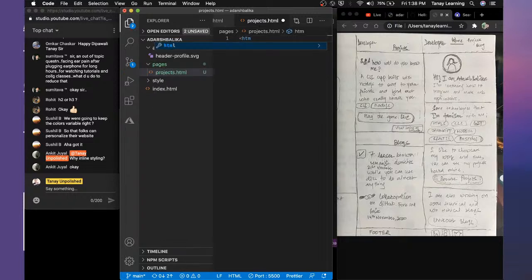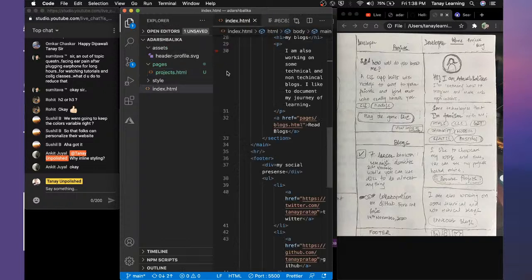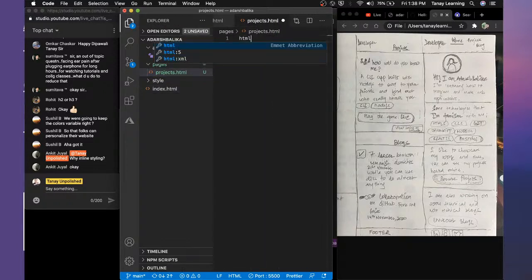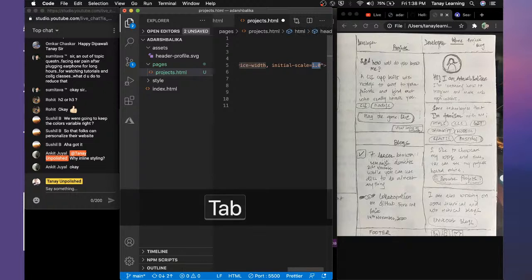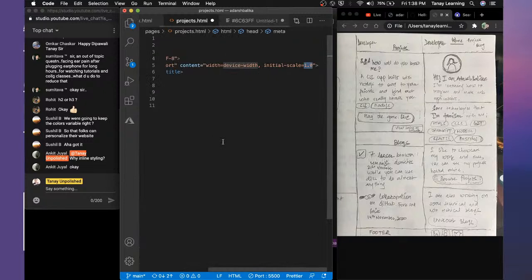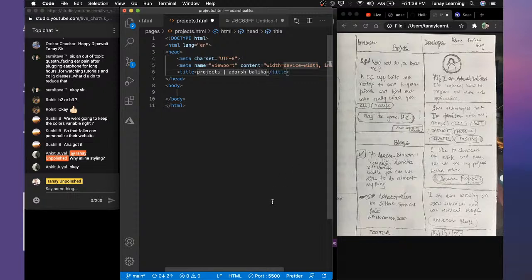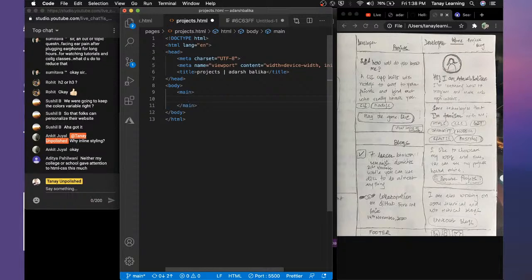and when we come here we do html5 tab, sorry, tab. This is projects, Adarsh Balika. This will be again main, and main will have ul,